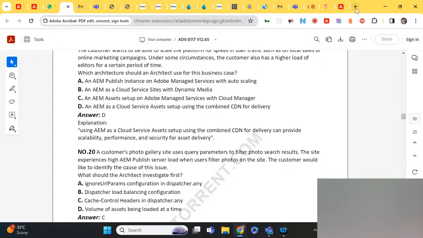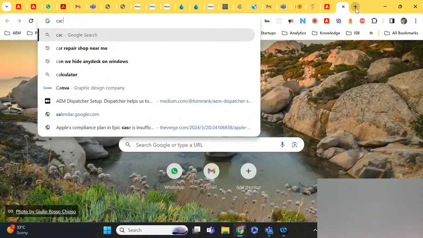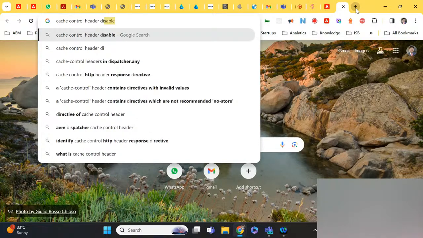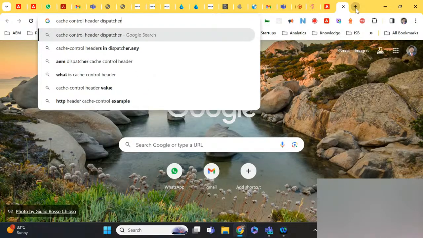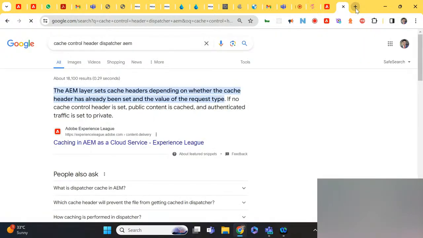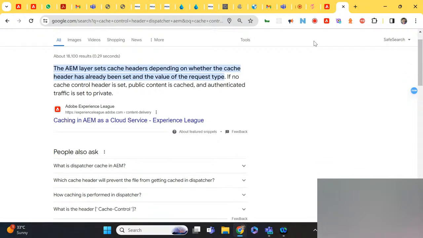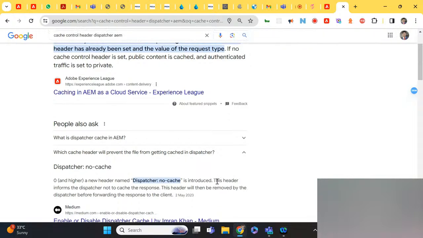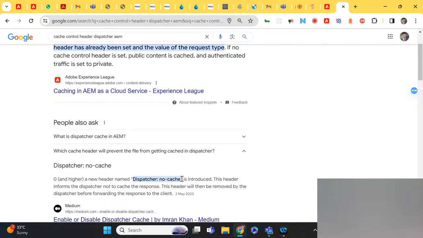Okay, and what are the cache control headers? So if it is there, then we have to check, because there is a certain header in the request.